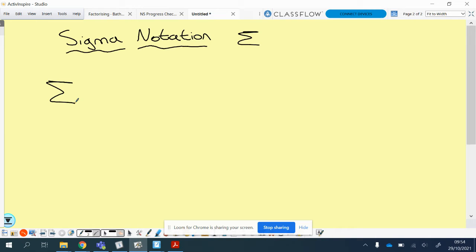So if I have a sigma with a number b on the top, and some starting letter k equals a, okay, so a is the starting letter of a function f of k, then it's a short way to write, short for the sum,